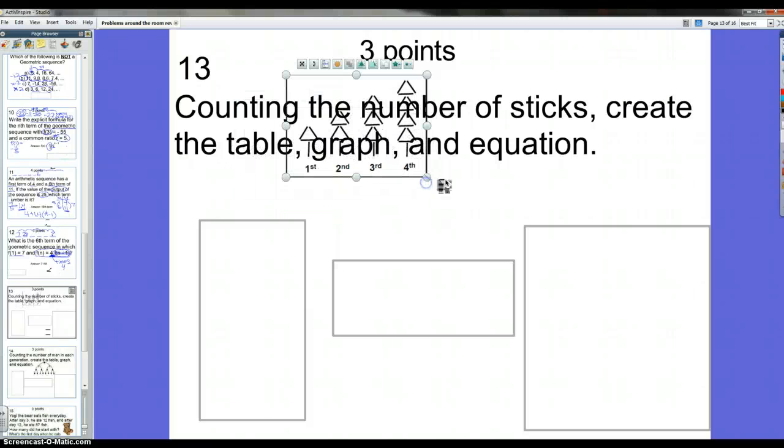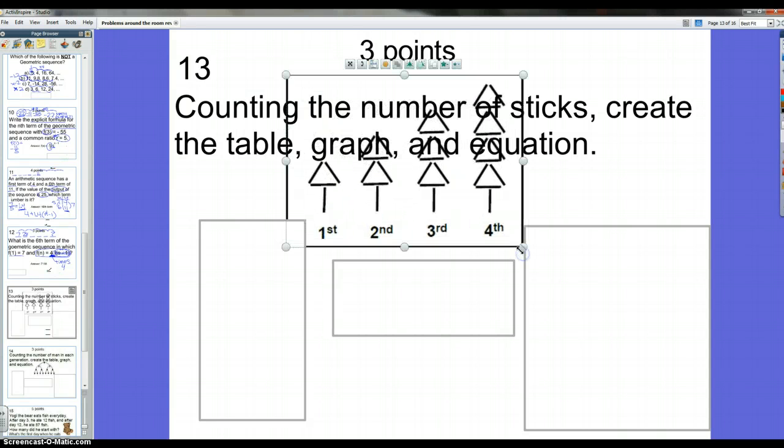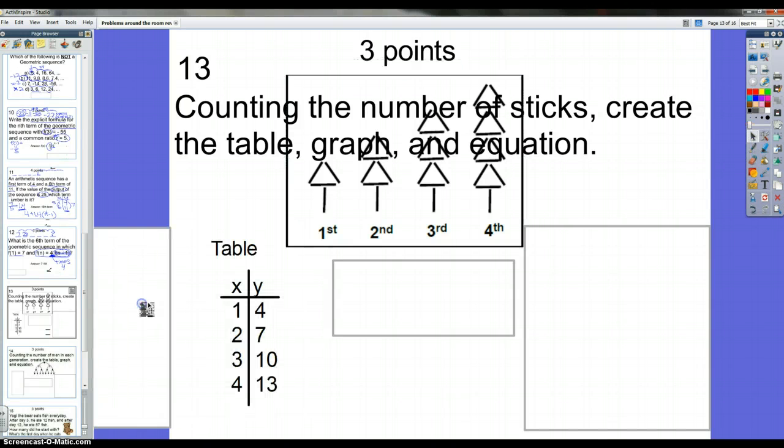If I take this picture and enlarge it, you can see the number of sticks. So if we write our table, it would be